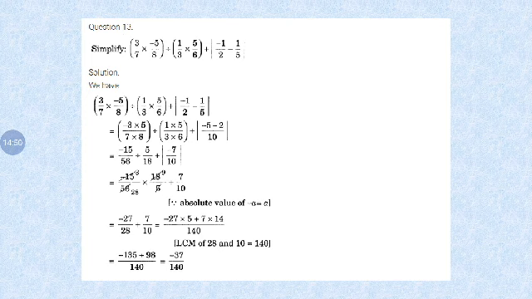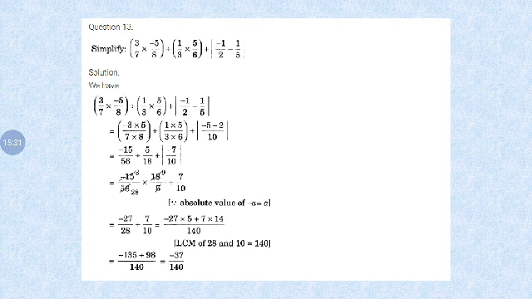So next one, 10. Numerator and denominator multiply by 5 by 5: minus 1 into 5 is minus 5, 2 5s are 10. Next one, numerator and denominator multiply by 2 by 2. So 1 2 is 2, 5 2s are 10. So next one, minus 5 minus 2. So denominators are the same. Take a common denominator 10. Minus 5 minus 2 is minus 7. Same symbol, just we add the numerators. Minus 7 by 10.